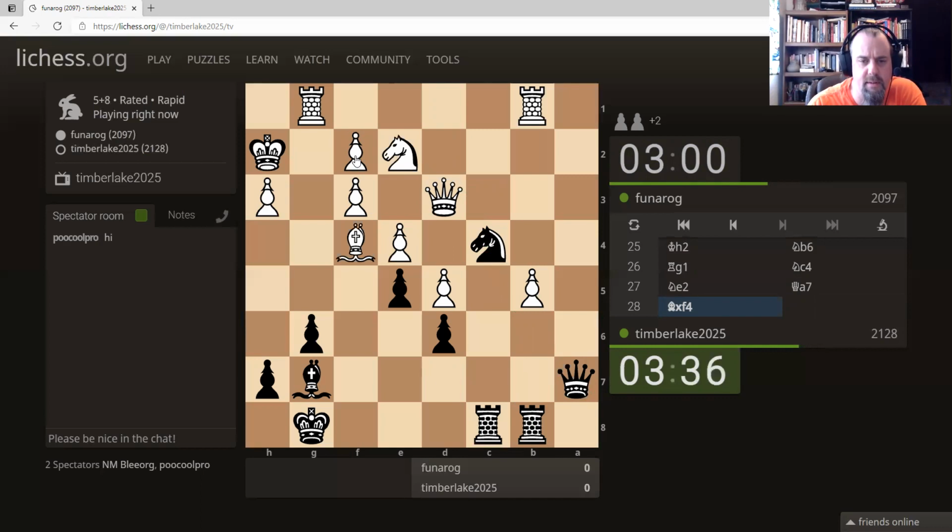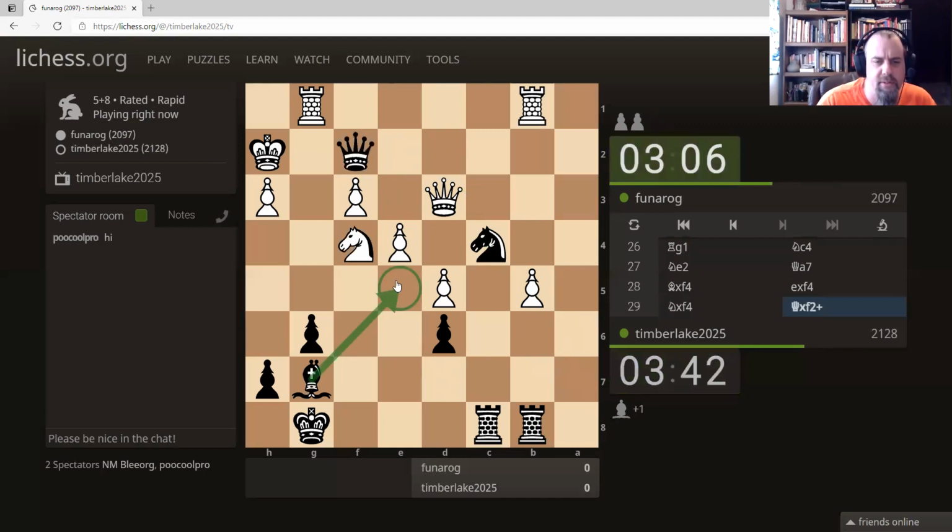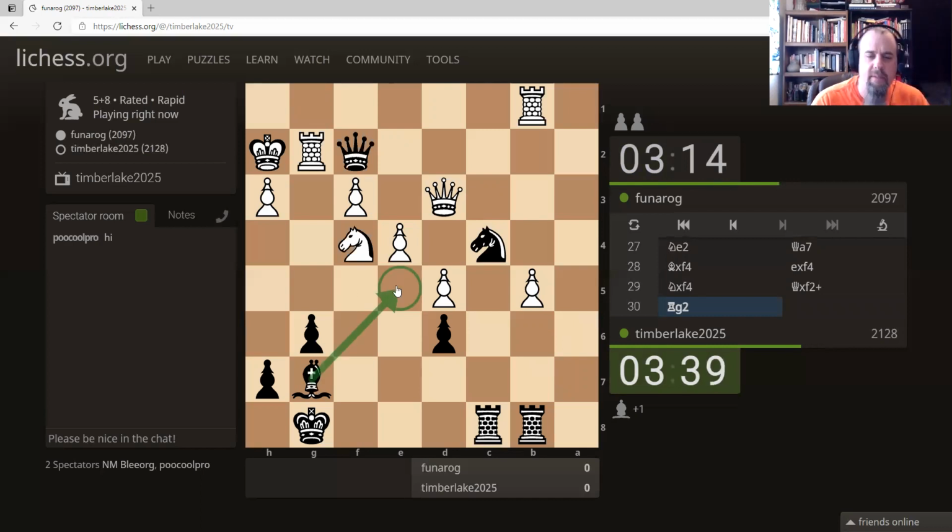Sacrificing a piece. What is this? Even queen takes f2 is an in-between move in any one of those cases. Now bishop e5 is a nasty pin. That was a very strange sacrifice. Oh, Timby missed bishop e5. A very tactical move. Yeah, Timby isn't